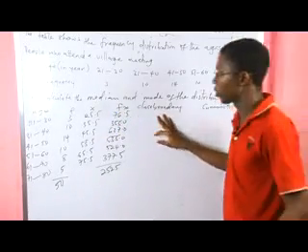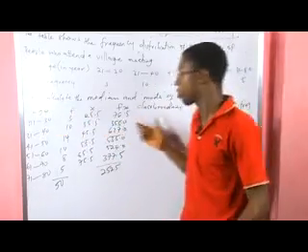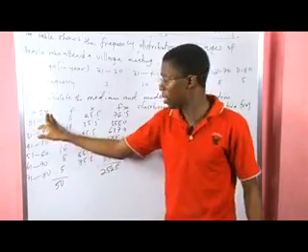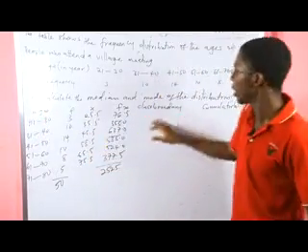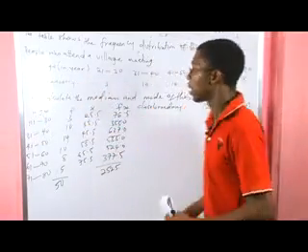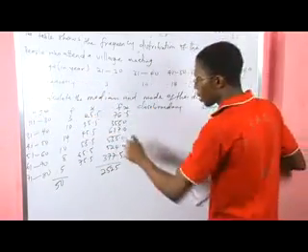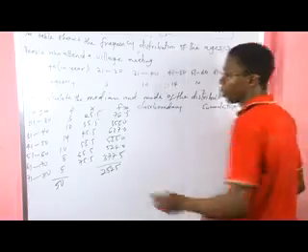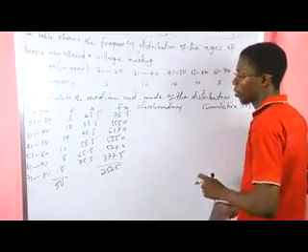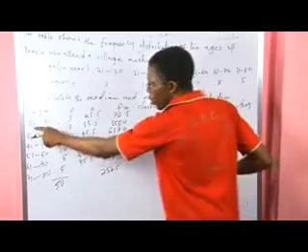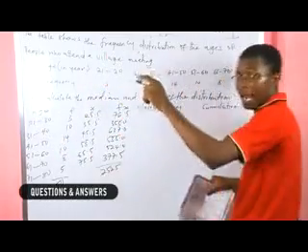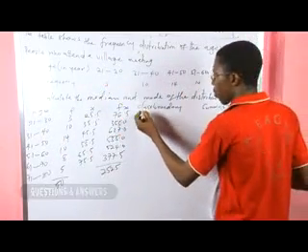Now, in terms of the class boundary, we're still going to make use of this age to determine our class boundary. And this age is the same thing as class interval, as you may see in some texts. But here we're going to leave it as age. So we are going to replace this with class boundary here. What we are going to do is reduce this by 5 and increase this by 5, just like we did earlier in this episode. So we have